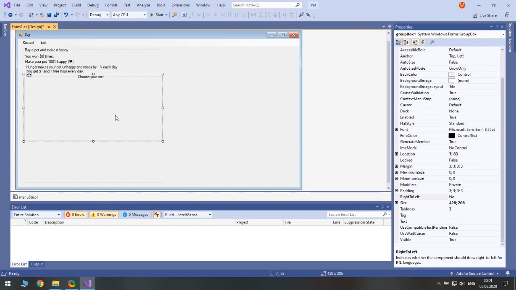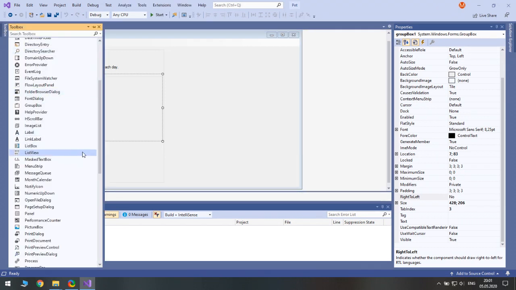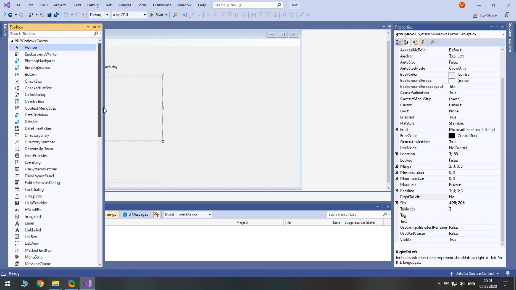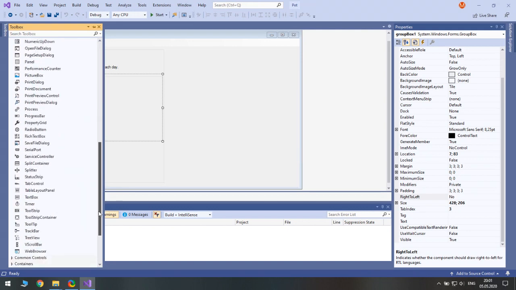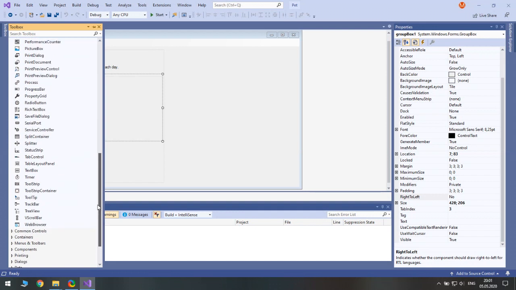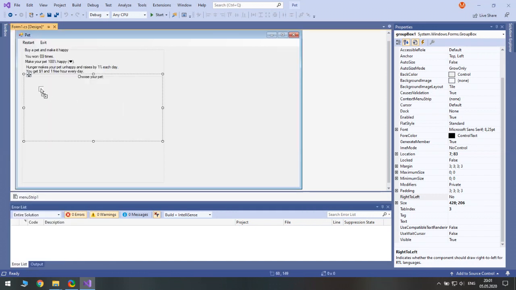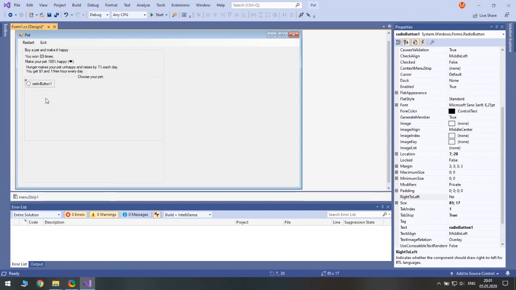Next, we will have some options like different pets. So we will use radio buttons for that. Radio button means that there is a group of radio buttons and you can only select one of them at a time. So I plan to have at least 5 pets.